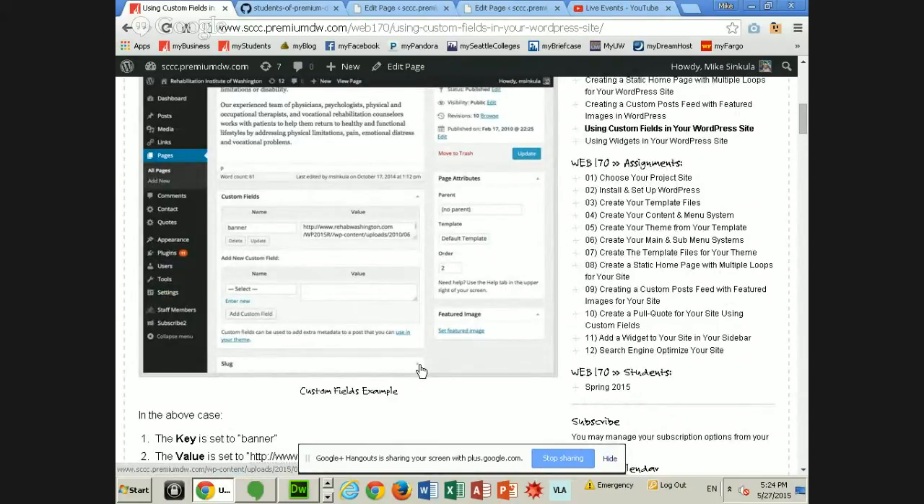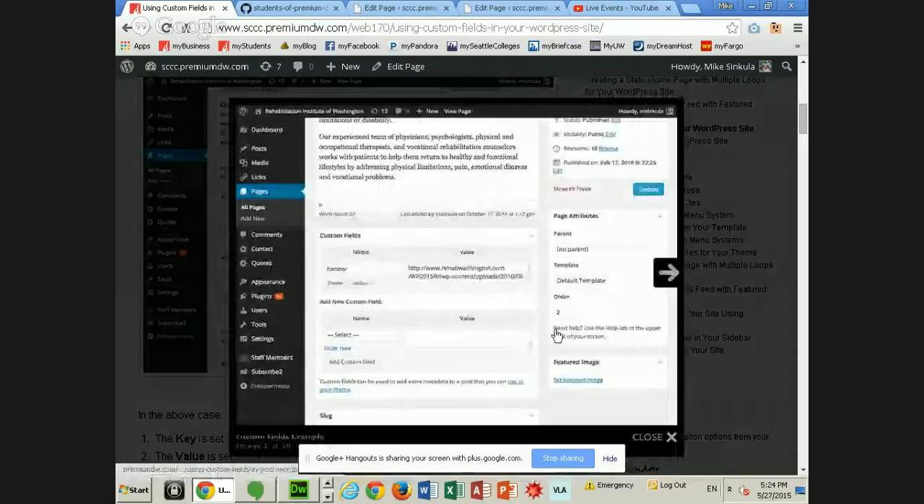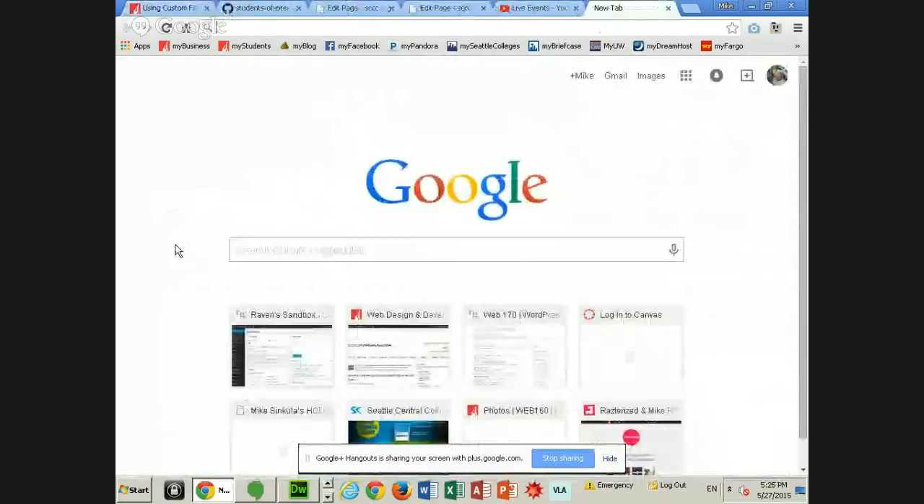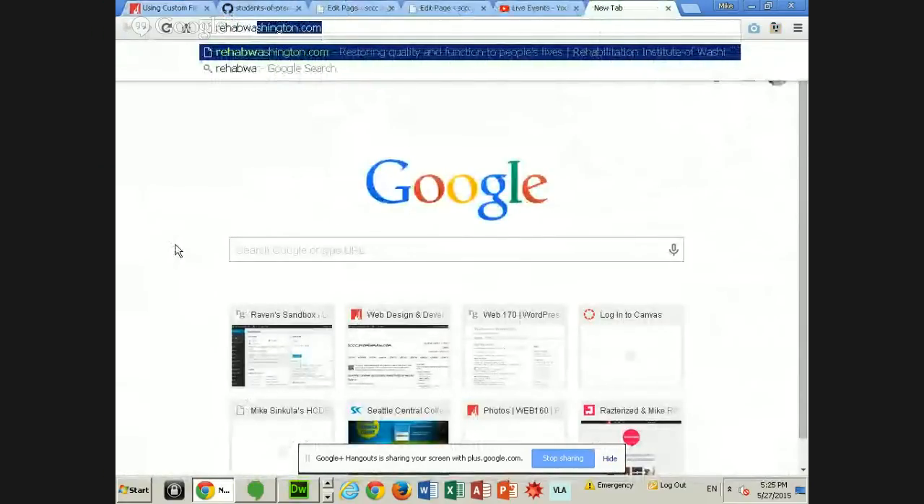I then used custom fields on the RIW website, where what we did there was banner equals then the image, right? So we set the key to banner. So if I go in and go to